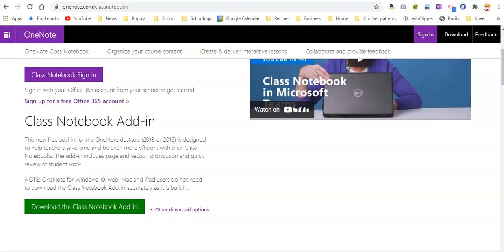And if you scroll down, you will look for the green button that says Download the Class Notebook add-in. You will see a note here that says OneNote for Windows 10 on the web, Mac, and iPad users don't need to download this because it's already built in. But if you are a OneNote 2016 user, any desktop version of OneNote, you will need to do this download